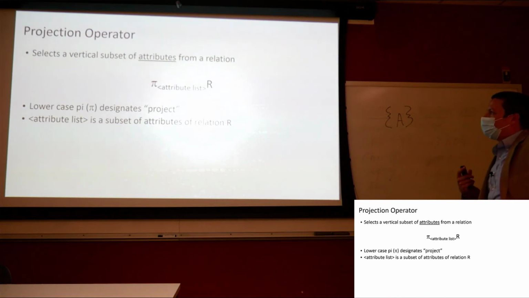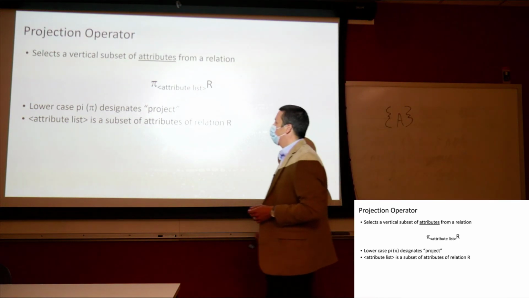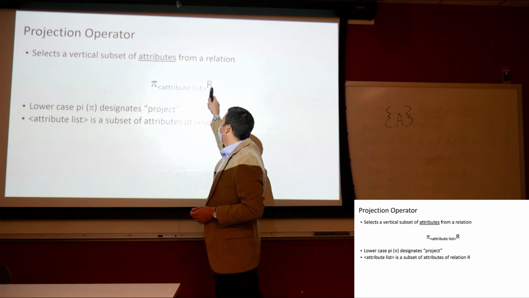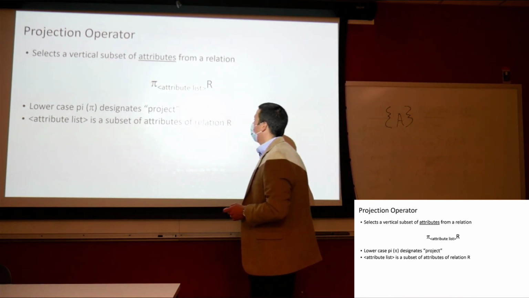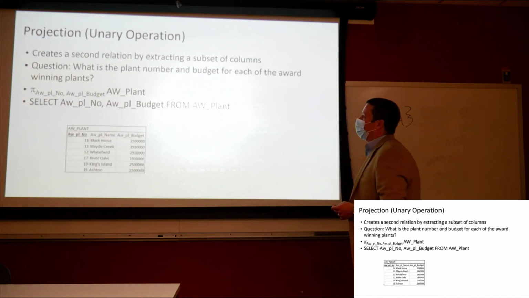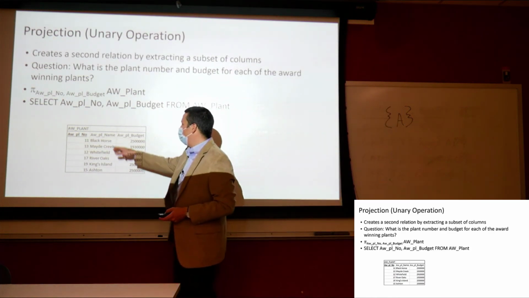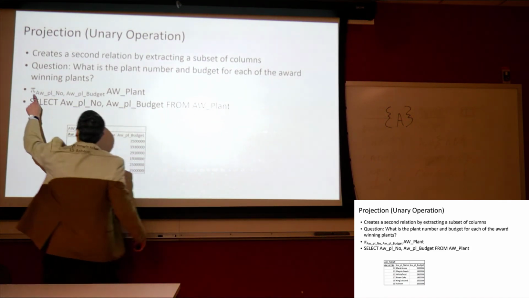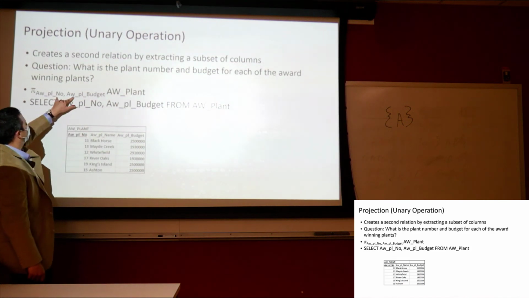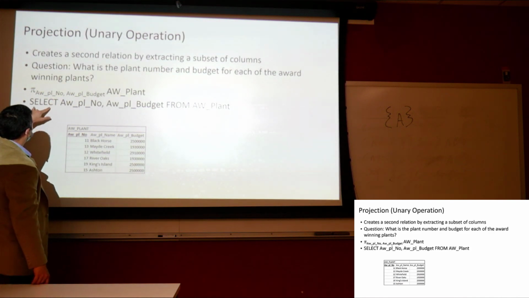Project, on the other hand, returns a vertical subset of attributes that we are interested in seeing. Okay, so we use the lowercase pi. Here we're going to have the name of the relation, and here just a comma delimited list of the attributes that we are interested in seeing. Okay? So if we wanted to see just the plant number and budget for each of our award-winning plants, we don't care about the name of the plant, all we want is the number and the budget, we would project from AW plant these attributes, AW plant number and AW plant budget, and the SQL that goes along with this